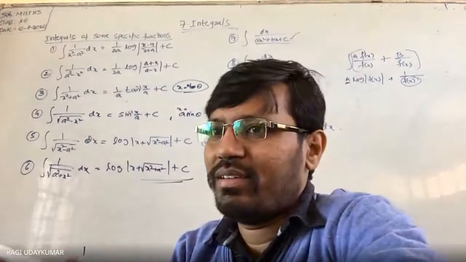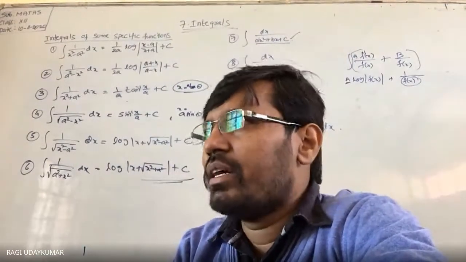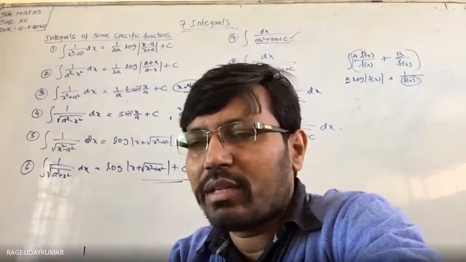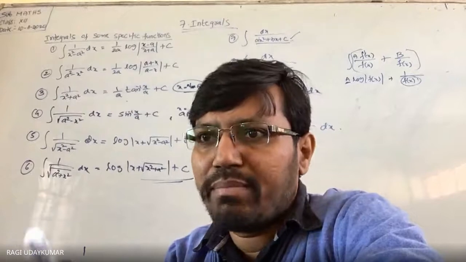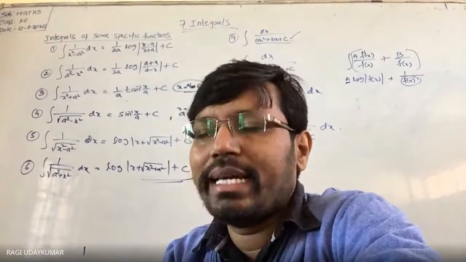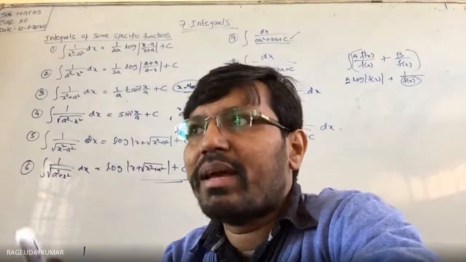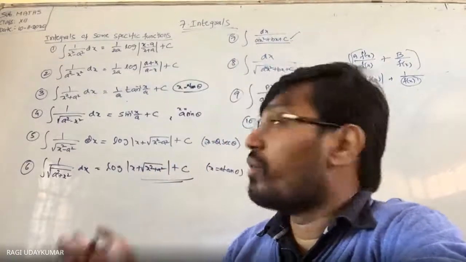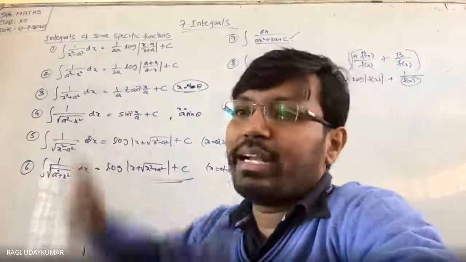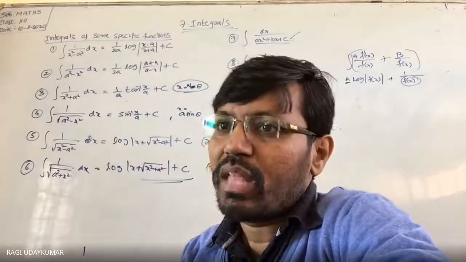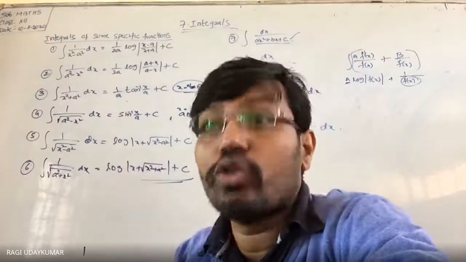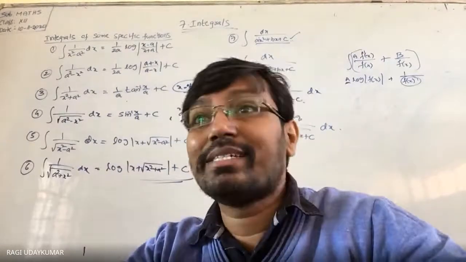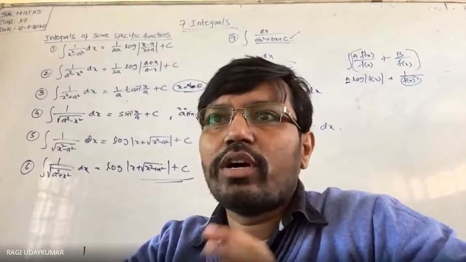So, the integration of 1 by x square minus a square dx is equal to 1 by 2a logarithm of x minus a by x plus a, plus c. Integration of 1 by a square minus x square, sorry. Apart from this, next we are going to have 1 by under root of a square minus x square, all of that in the numerator. Still other models of problems we are going to have. Next model. First I want you people to learn these.